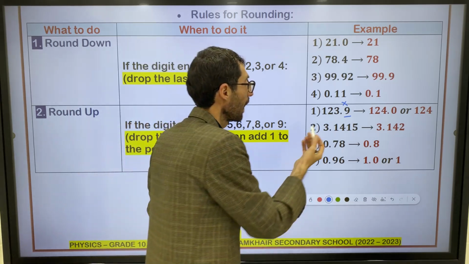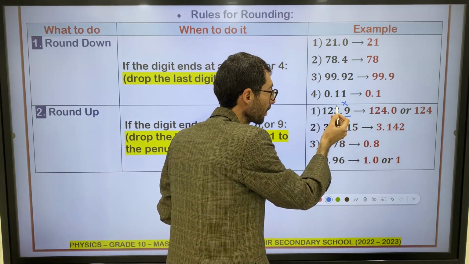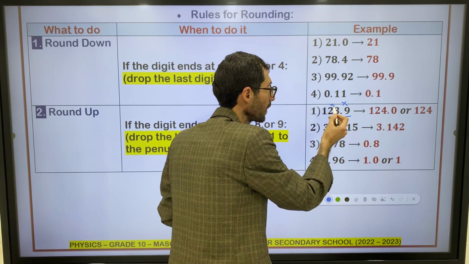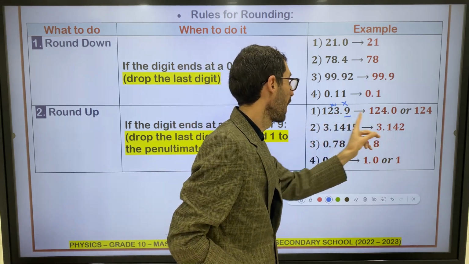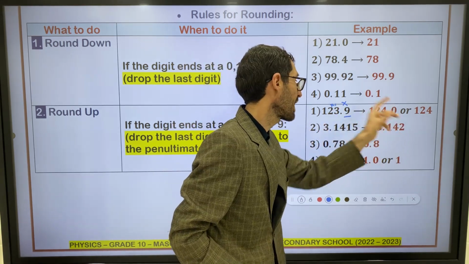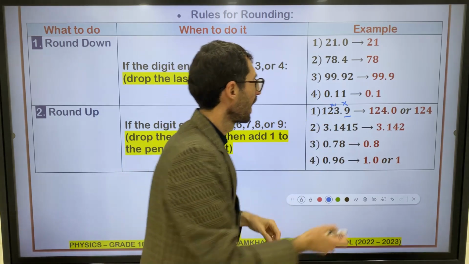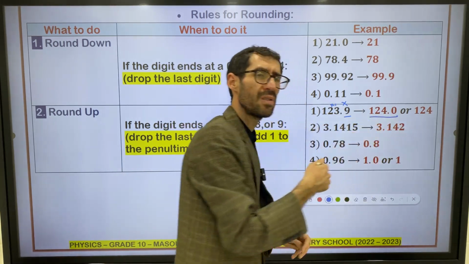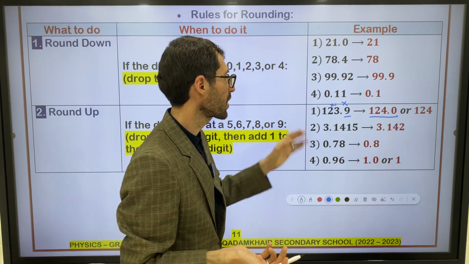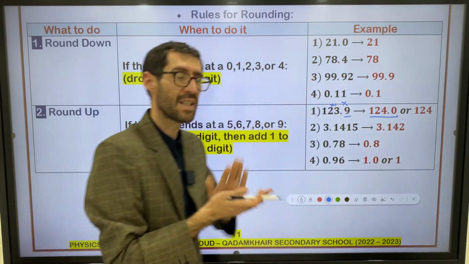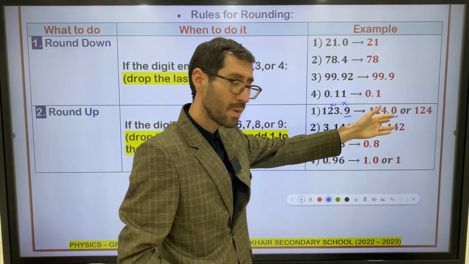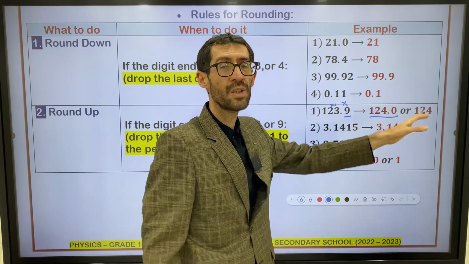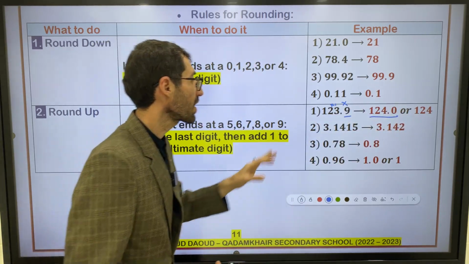But here I add 1 unit to the what? To the penultimate digit. It will be 124.0. Or if you don't prefer it, just write 124. That's it. 124.0 or 124. Question number 2,